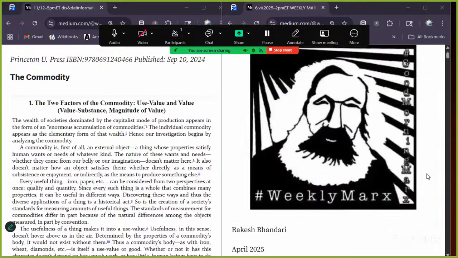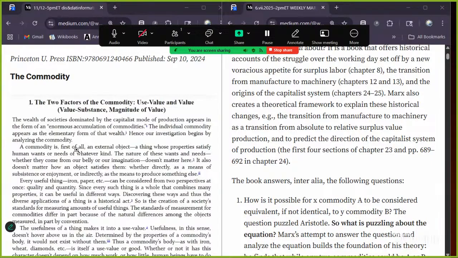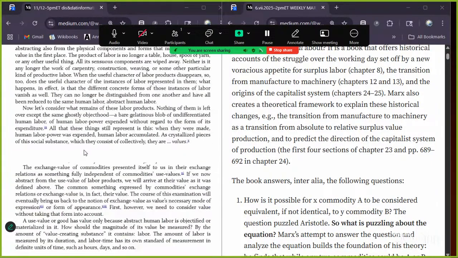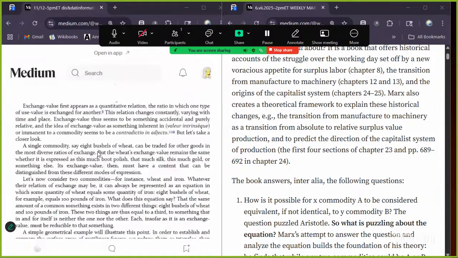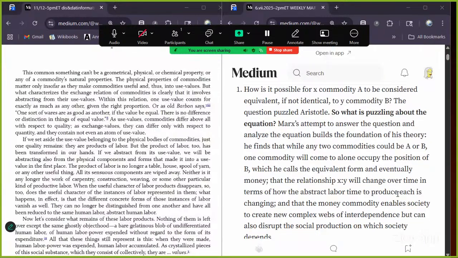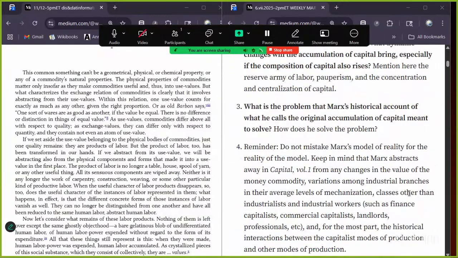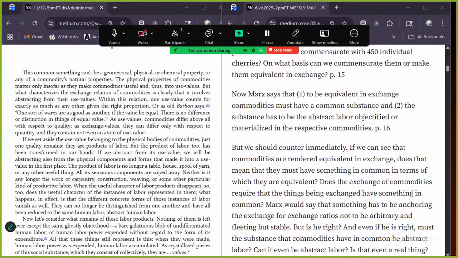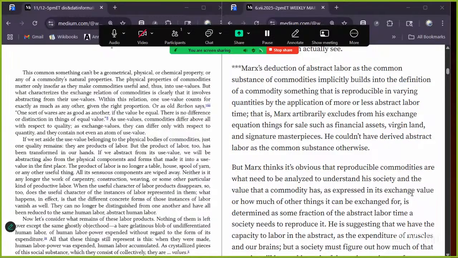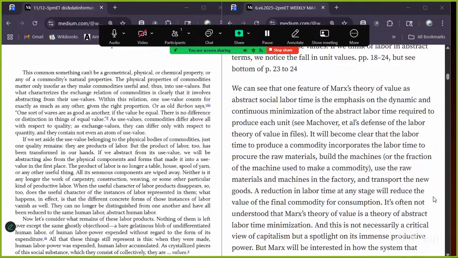We're going to just continue to talk about this. Hopefully, you have a copy of the text to work with, but we're generally following along Chapter 1, and we're trying to get to the end of Chapter 1. And I think it's important to see, as we were looking at before, that the first chapter is important. The concept of the commodity as a more abstract form of approaching the problem.